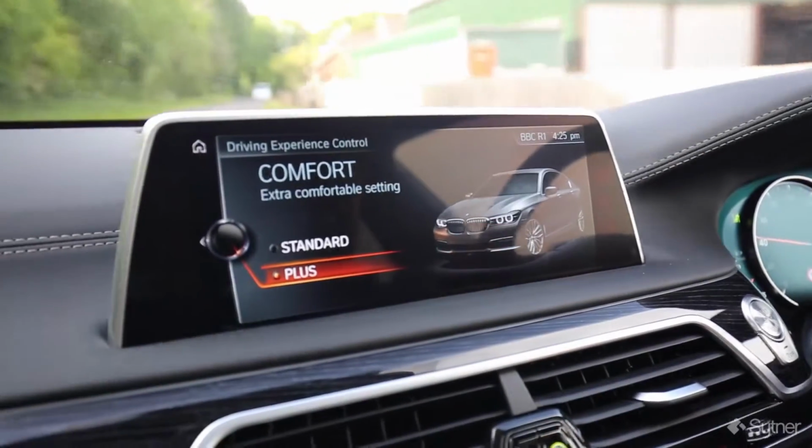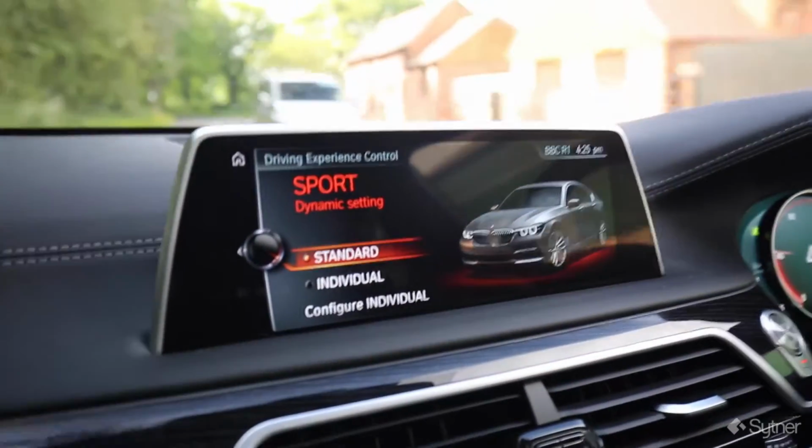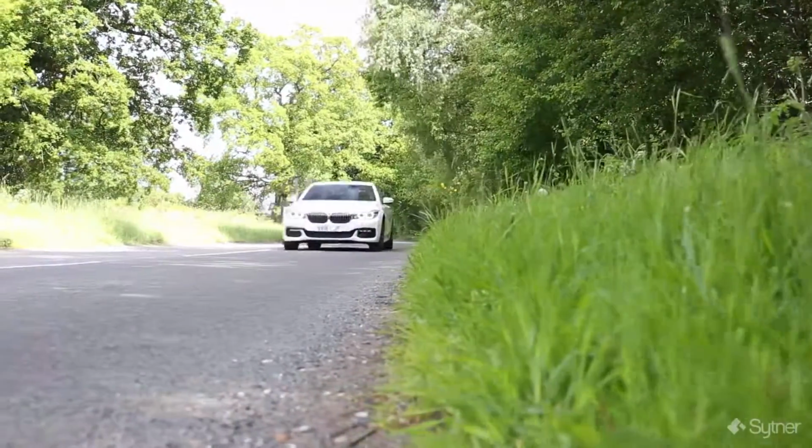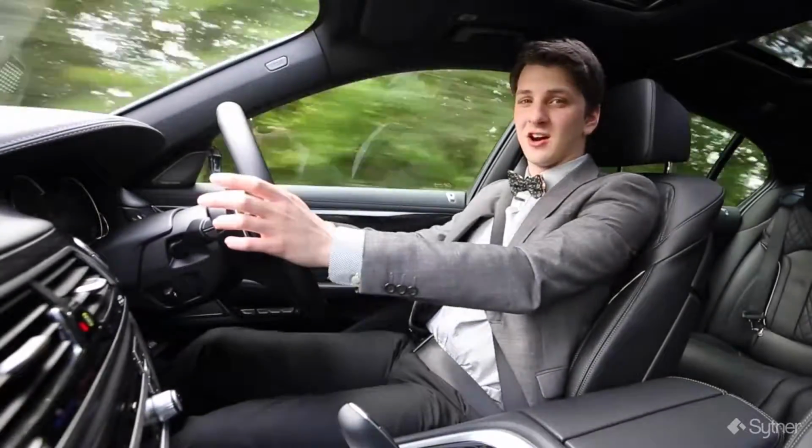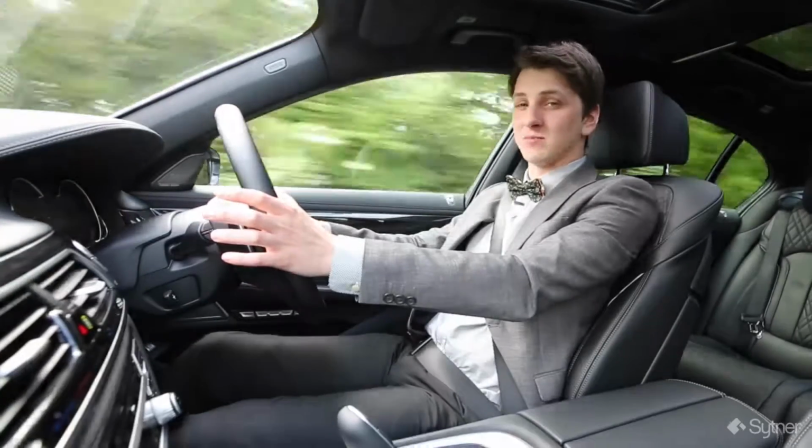Now that adaptive setting works with iDrive and it works with the way that you're driving to figure out exactly how the suspension should be set up, so you always get the best performance and the best comfort possible and a perfectly smooth drive. In terms of power, this particular car is the 740 Ld xDrive M Sport, and this